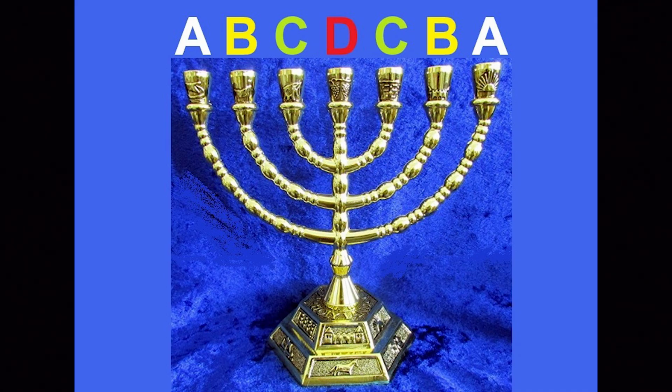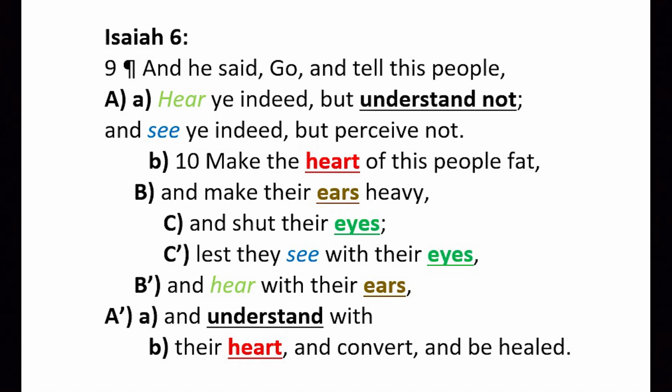And so we're going to look at how this works in both the book of Isaiah and the book of John in the New Testament, so we can learn some things. So on the screen, I have Isaiah chapter 6, and I want you to notice that in the beginning, there's an A term, and it has some words that are going to show up later, but that aren't